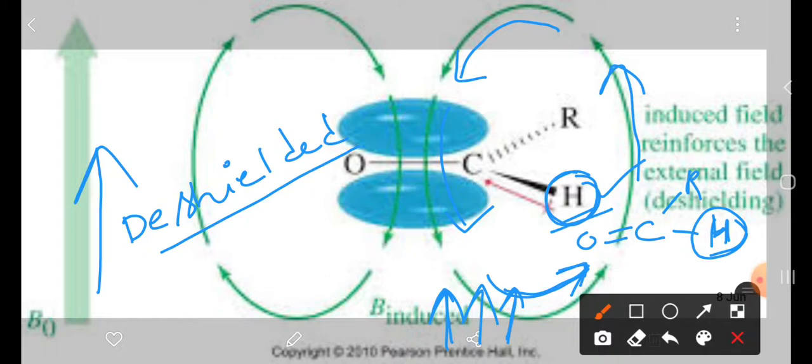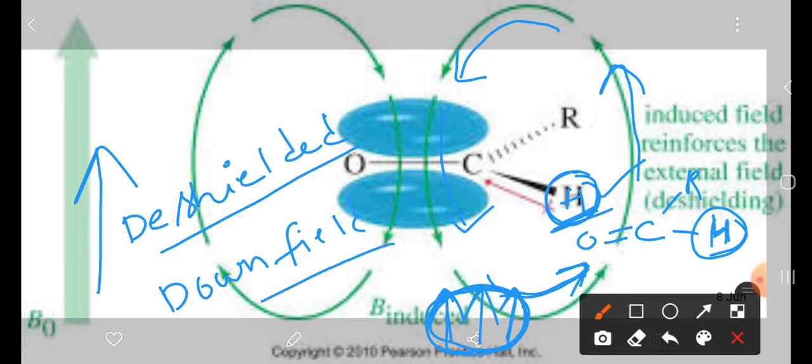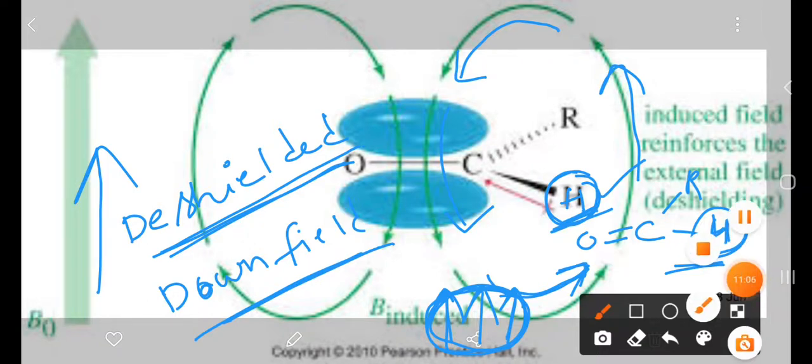So more magnetic field is absorbed by this proton, so you need not apply so much external magnetic field, you can decrease the field, and that is called the downfield effect. Okay, this is the best example. Carbonyl protons are the best example for the de-shielding effect. It is called the downfield effect. And acetylene protons, in the previous example, are the best example for the shielding effect and upfield. Okay, this is very important.